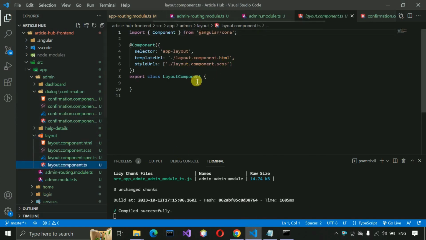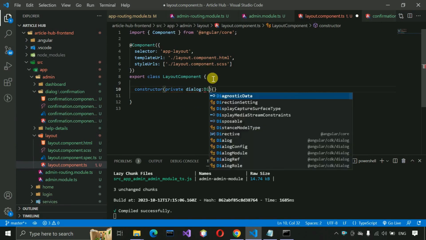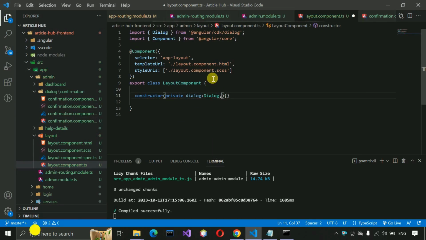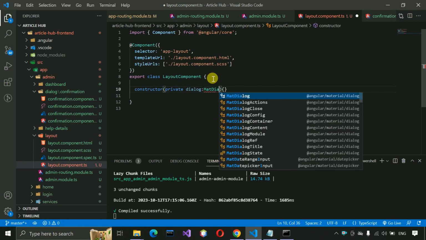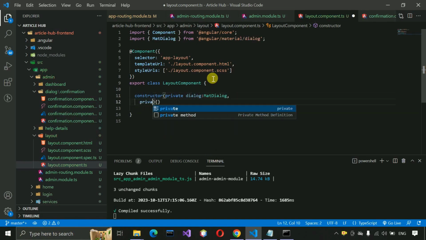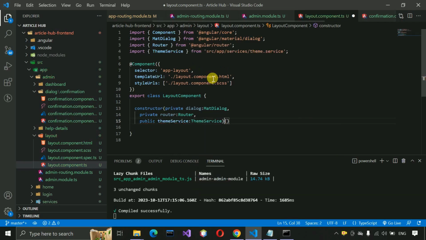and then we have to go to the TS file of this layout component, and inside this one we have to write constructor, and here we have to write private dialog, sorry, not dialog, we need to use MatDialog, this one. And here we have to write private router, we need to import, and after that public themeService, so ThemeService, this one. And then we need to create a method that is logout,